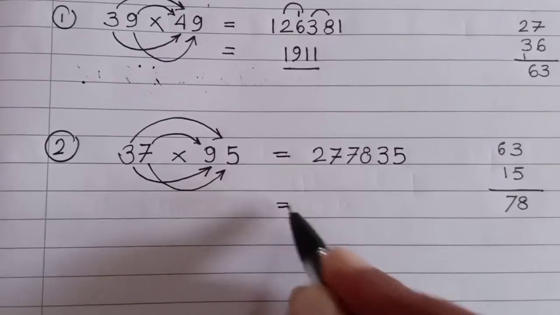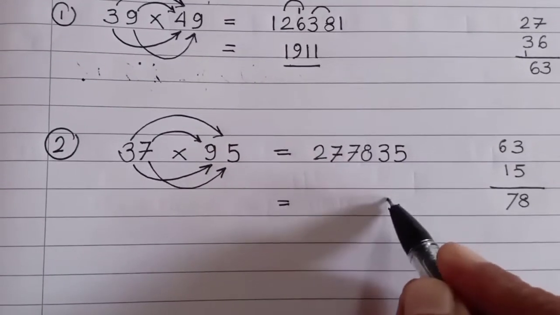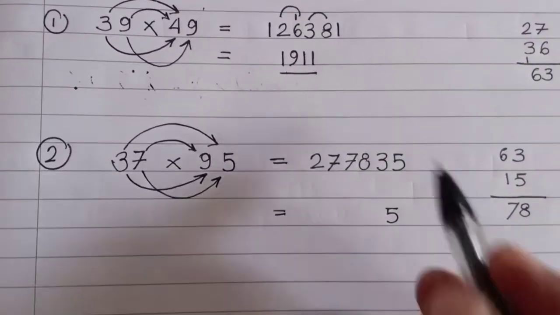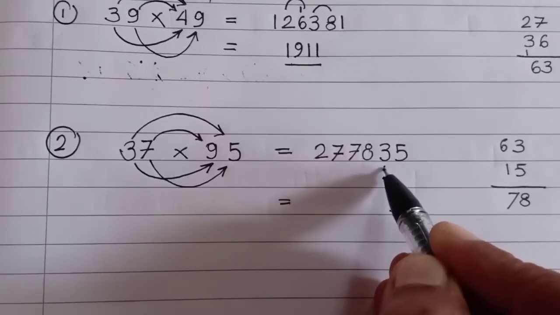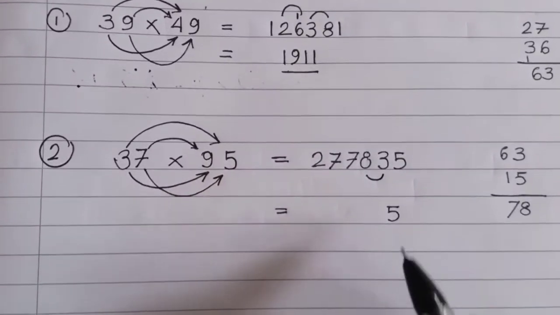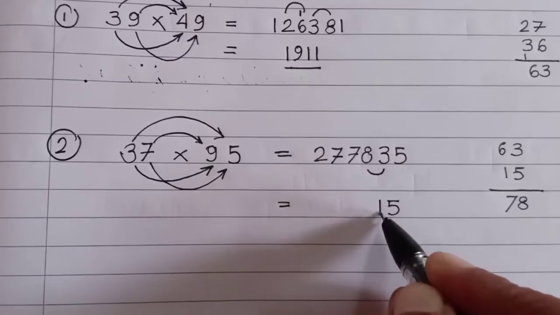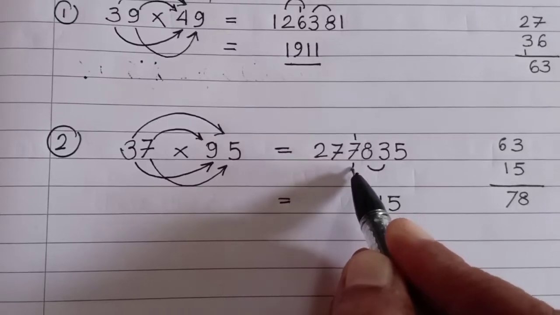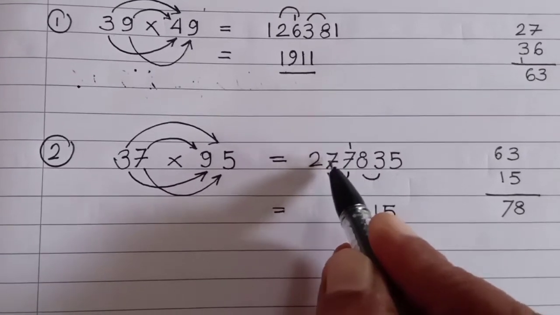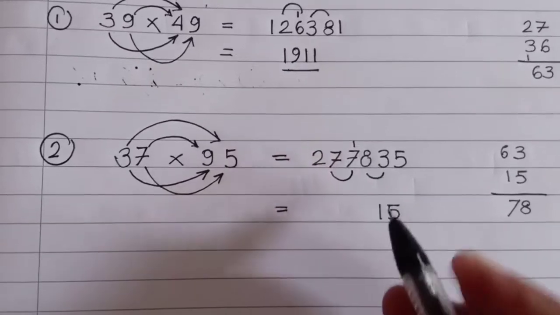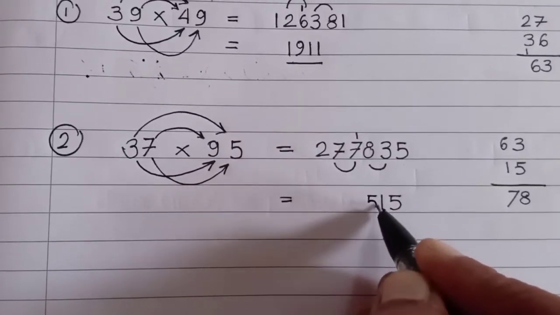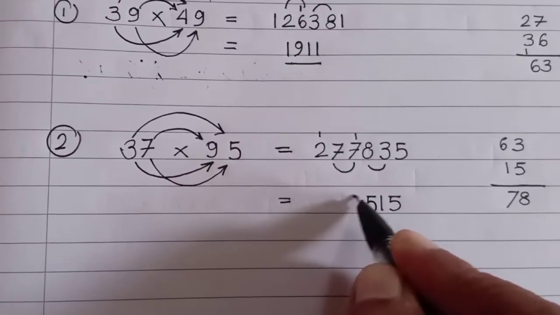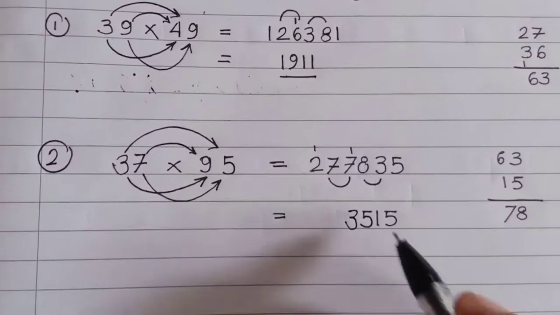How will you write the answer? The last digit, you write at first, 5. Now after that you make a group of 2. We made a group of 2. It is this, 8 plus 3, 11. Carry 1. Again you make a group of 2: 7 plus 7 plus 1. It is 15. So you write 5 here. Carry 1. So it will be 2 plus 1. It is 3. This is your answer.